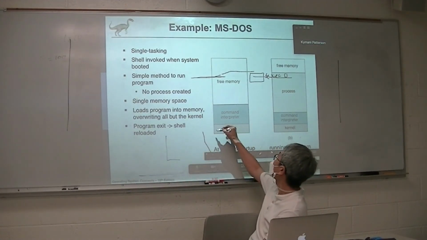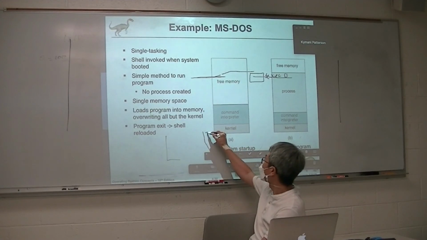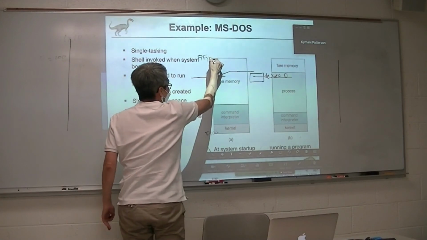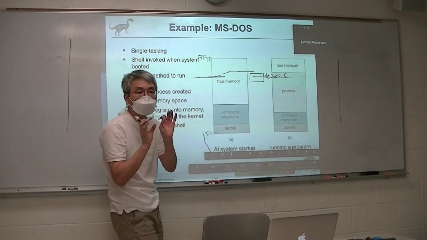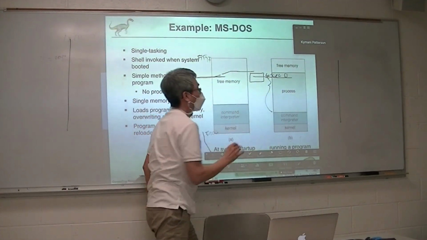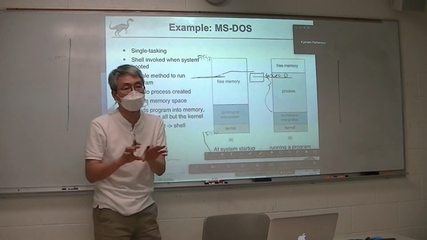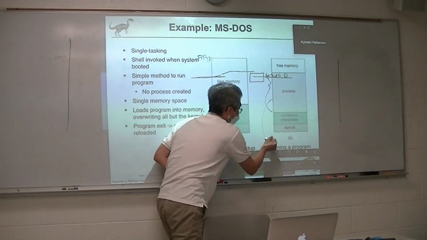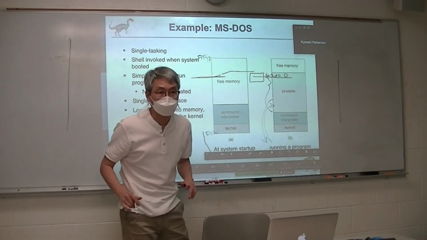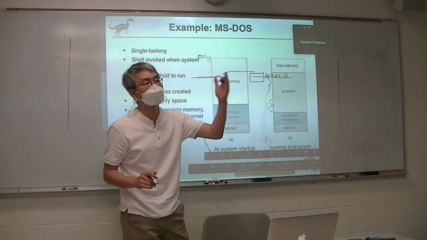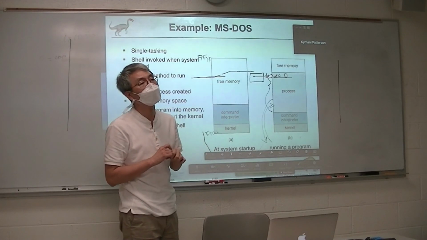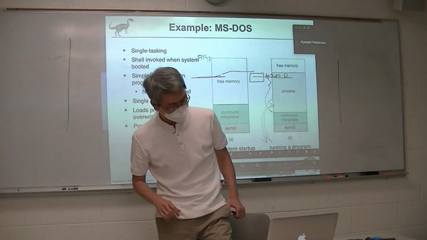here, this is the memory. It has a lower address 0000 and a higher address FFFF. When you run a command on your MS-DOS, the command will be loaded into the memory like this. Then if you type a new command, this one will be swapped out and the new command will be loaded into the memory. It always swaps in and out using the memory. So it's a single program operating system.